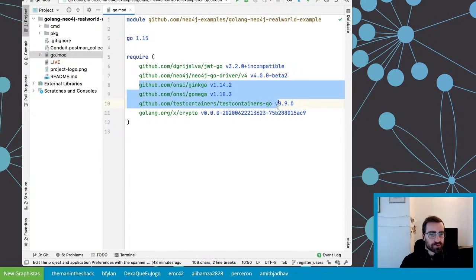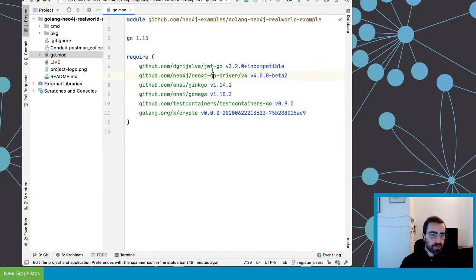We will see them in action in the tests we've had so far, and the tests we will continue to write today. So those are my two production dependencies. JWT is a Go driver, and make sure, by the way, to use the /v4, because of the way module versioning works in Golang. Whenever there is a new major version, you need to specify it as part of the URI, otherwise it wouldn't work. So be sure to include it like this and specify the matching v4 version, the last one being the beta 2.